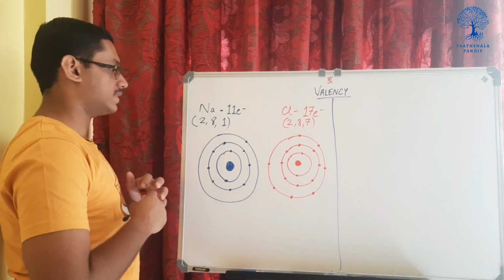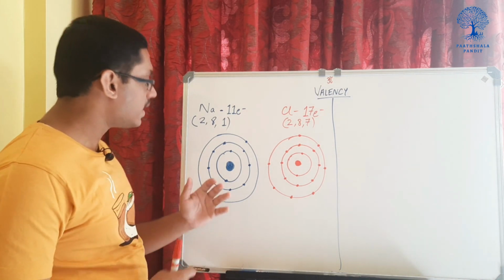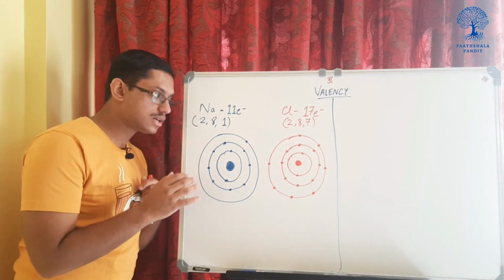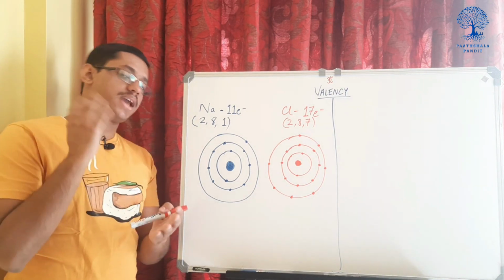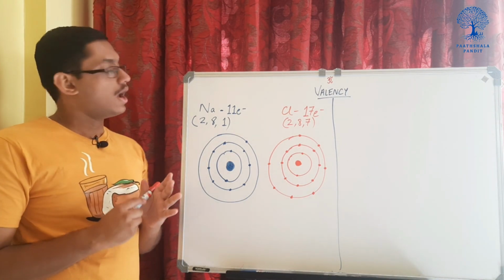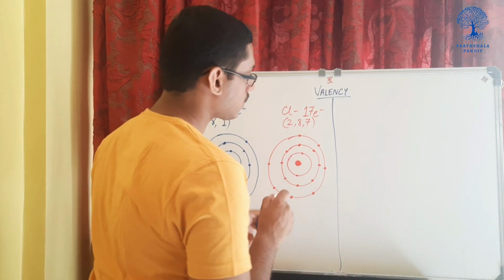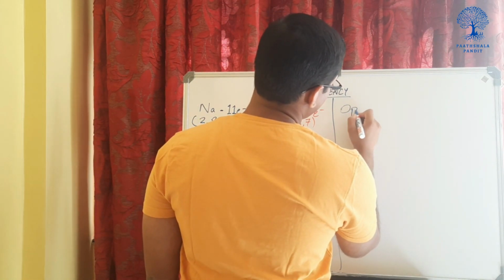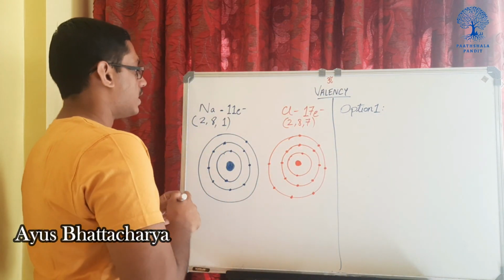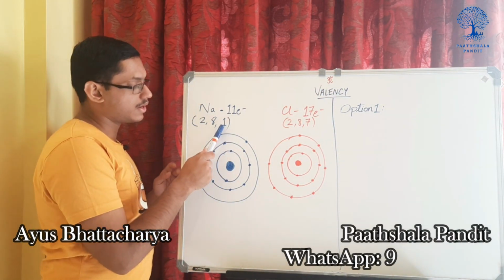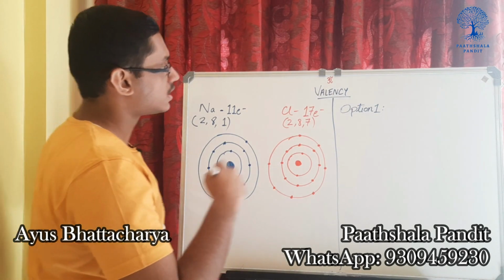Now what happens is, sodium will try to make the last orbit of this sodium have 8 electrons. It will do it anyhow. Now sodium has 2 options. One option is that to complete its octet, it should have 8 electrons in the last orbit. So the option 1 is sodium takes, wait a minute,